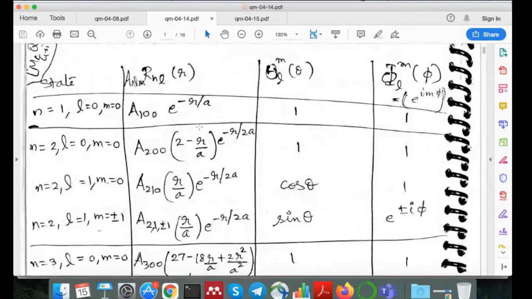We made plots for the wave function versus r and the probability density versus r. Those are important plots, because that tells us something about the probability of finding the electron in a certain region from the origin, or a certain distance away from the origin. So that is the radial part. So using the radial,